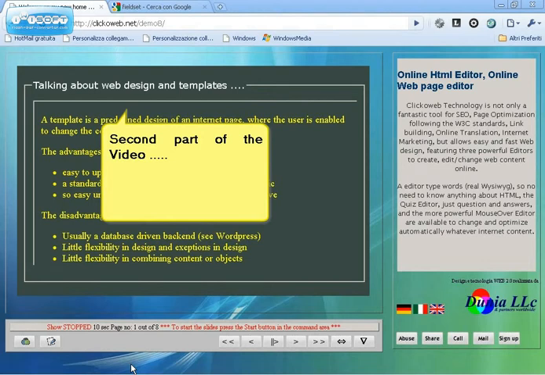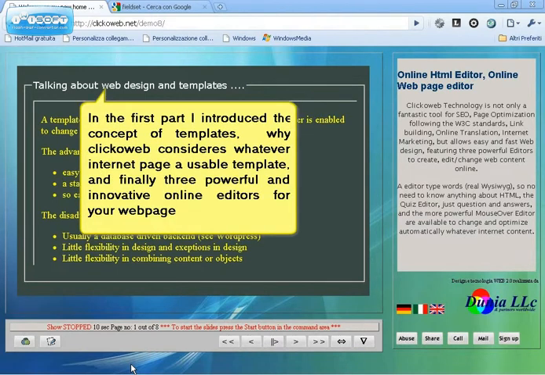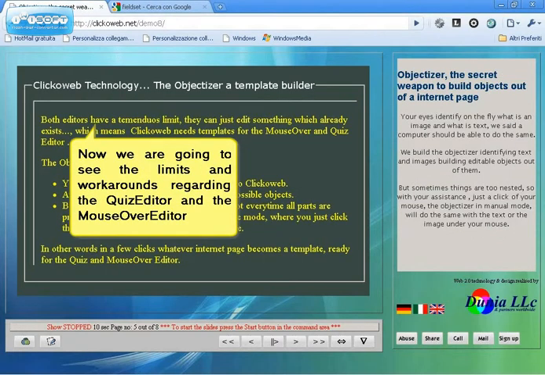Welcome to the second part of the video introducing web design on Clickoweb.net. In the first part I introduced the concept of templates, why Clickoweb considers whatever internet page to be a usable template, and finally I showed you how to use and for what to use the three powerful innovative online editors we have on Clickoweb. Now we are going to see the limits and workarounds regarding the quiz editor and mouse